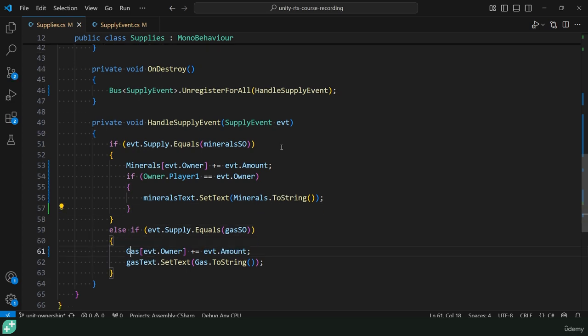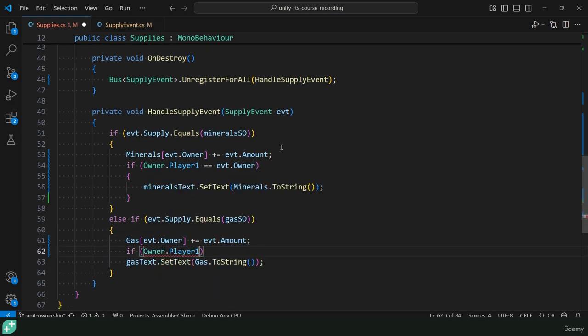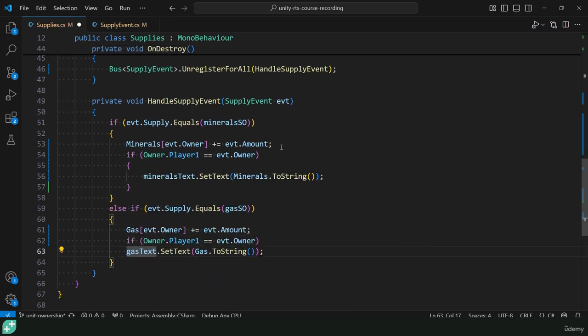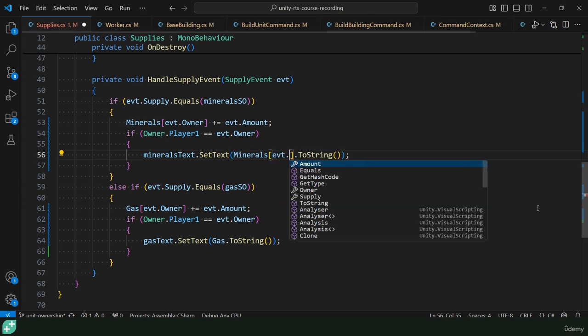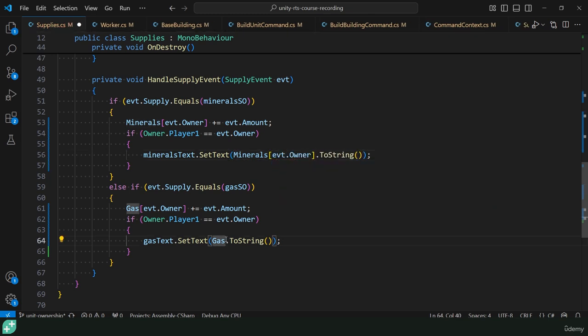And do the same thing on the gas. Just wrap that gas text set text with if owner.player1 is equal to the evt owner. And we can't just set the text of minerals text and gas text to minerals.toString. We have to make sure that we do minerals keyed by evt.owner toString and gas keyed by evt.owner toString as